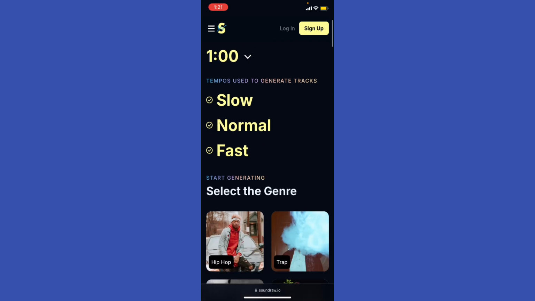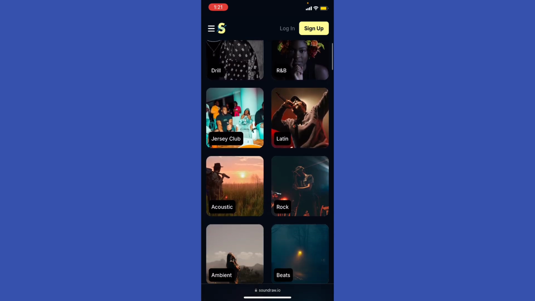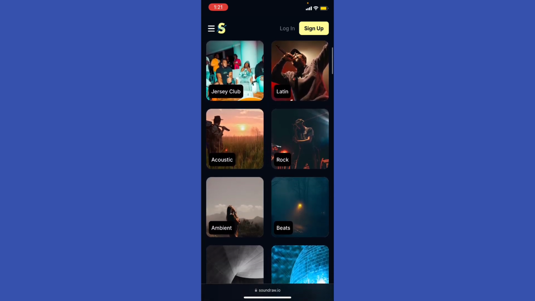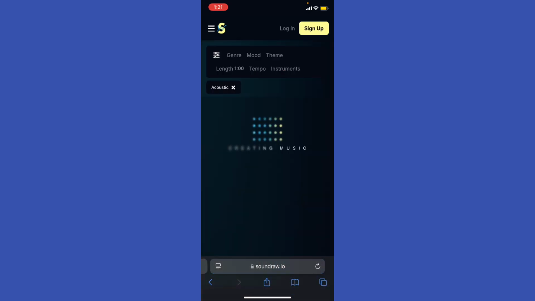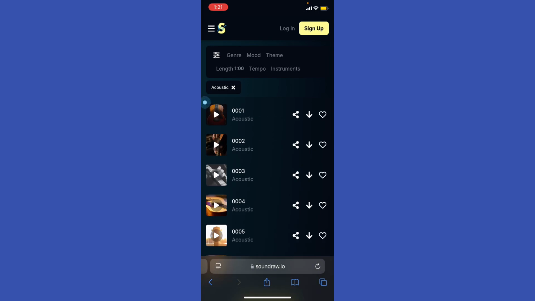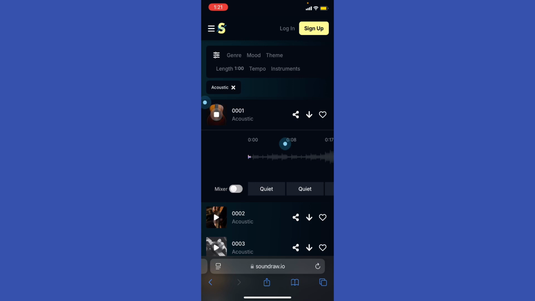or fast, or both, and select the genre. Let's say for example I'm gonna choose acoustic. Let's say for example this, right? Now they're gonna generate a music based off my request, and you're gonna be able to play that music. Let's say, okay, that's one example. And most importantly, they're free from copyright, so you're not gonna be flagged with copyright or